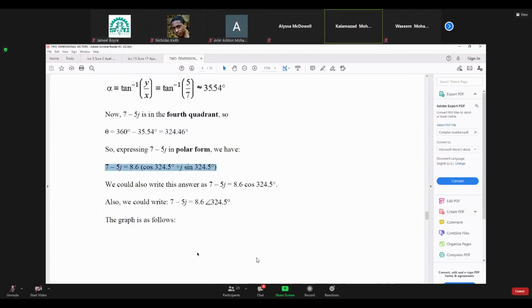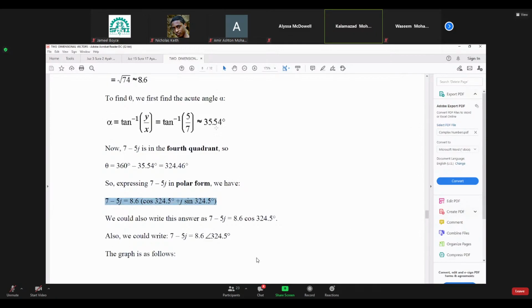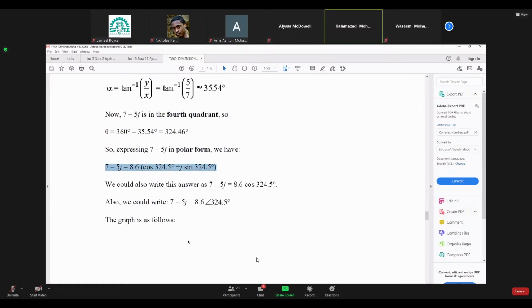If we were to use 35.54, you'll see on your calculator you're going to get positive values, which means that your phasor is going to be in the first quadrant, and that's going to be wrong. Okay, so it's critical, as with vectors, that we identify which quadrant it is in, so we will know what